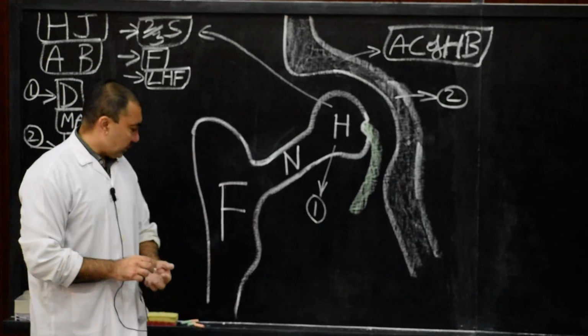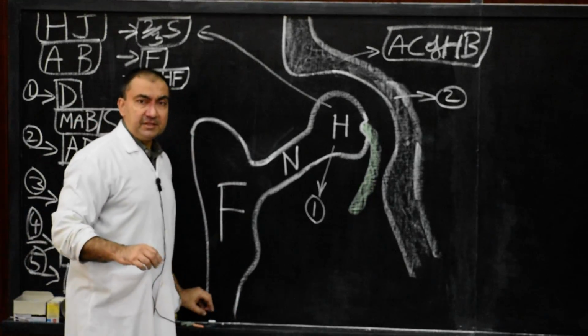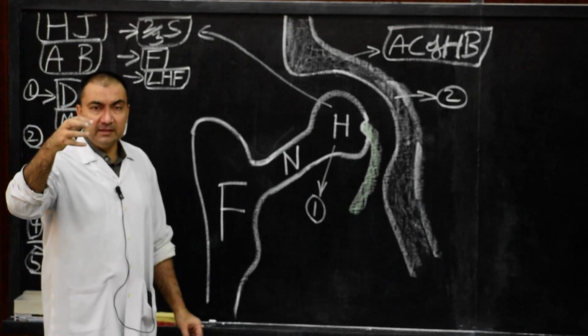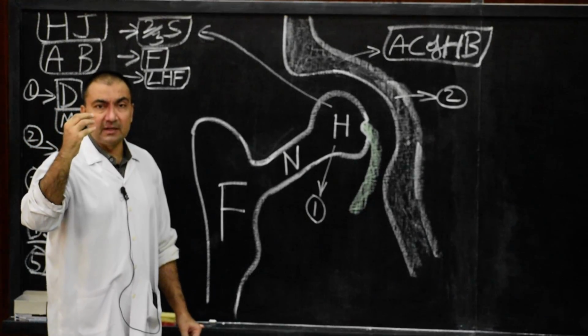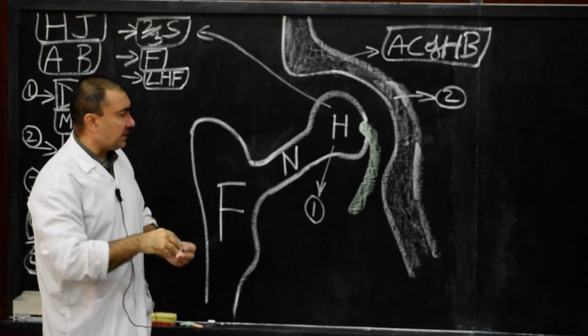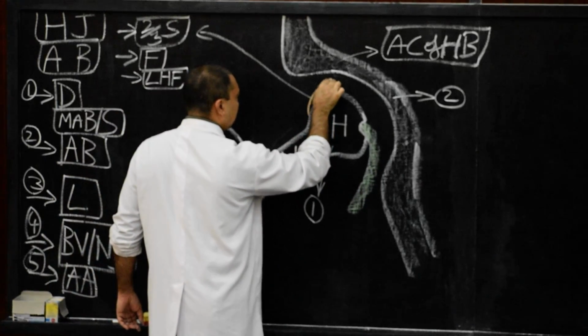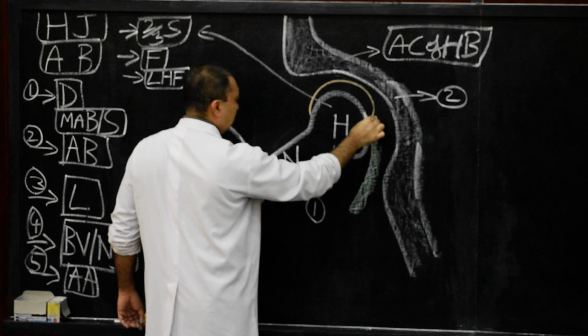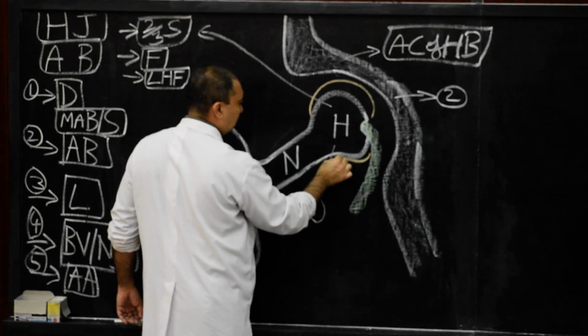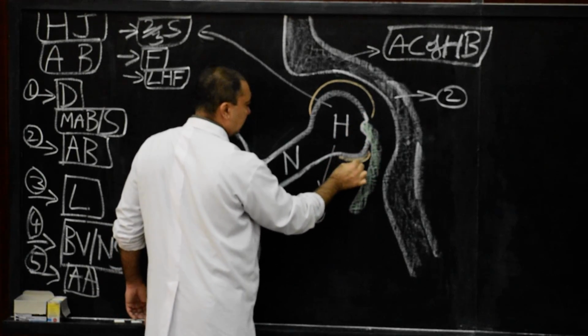Then the very important point, cartilage. The head of the femur is covered with articular cartilage, which is hyaline in nature. So it is covered by hyaline cartilage. Draw this cartilage in this way. It is covered with hyaline cartilage in such